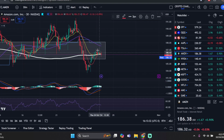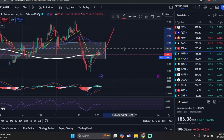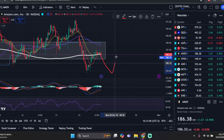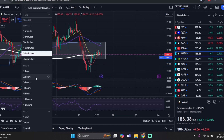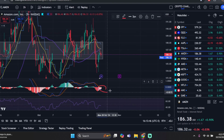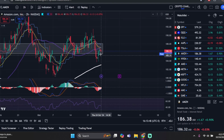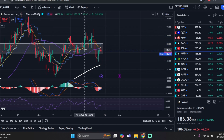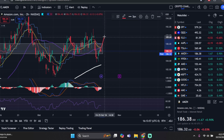Amazon, a lot of these are going to be similar. You see this flagging almost like it wants to make the next move higher, but if the selling becomes too much, well, this 30-minute can cross down and maybe we go make a divergence point. That would be the bearish take for right now on Amazon. The bullish take is going to be, again, if that 2 hour can cross up, we might have bought ourselves some time, but I just want you to see how this low is below a lot of key areas here for Amazon. So if you go up and you fail this move in any way and you turn back down,